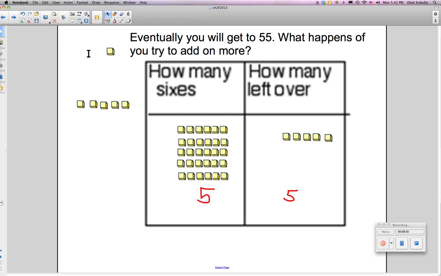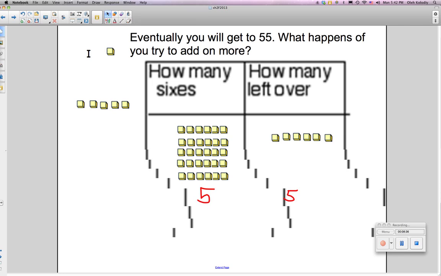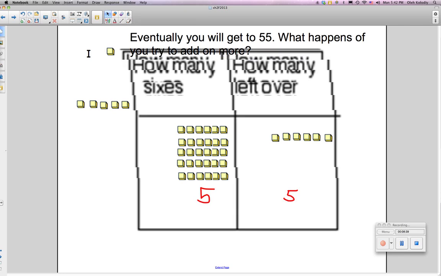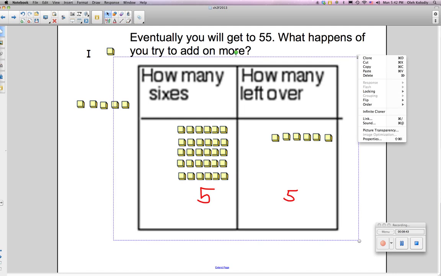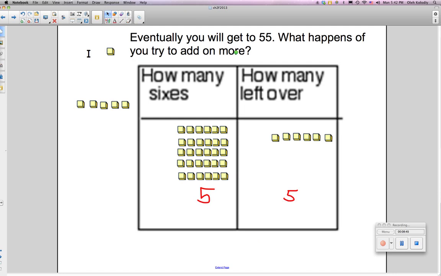Now, if we add just one more object, how are we going to write how much we have? Stop the video and think about what would be the next number. So, there's no symbol for this many objects here. So what we're going to do is we're going to make